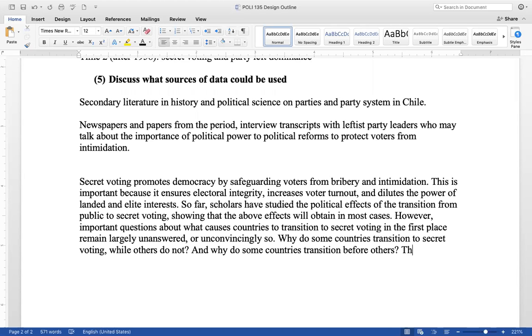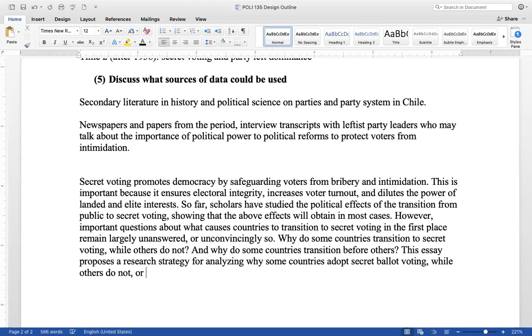We say, this essay proposes a research strategy for analyzing why some countries adopt secret ballot voting while others do not, or why some countries adopt it before others. That is where we say what we're doing in the paper, right? But now we need to state the thesis. Okay, so in this case,